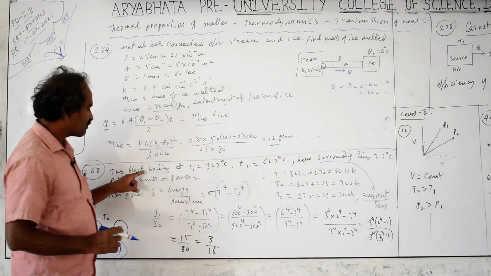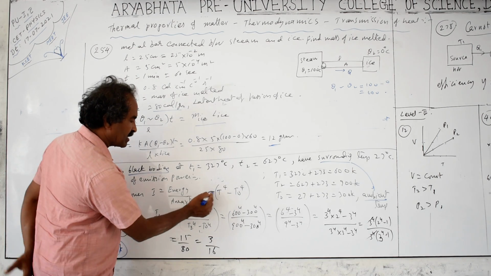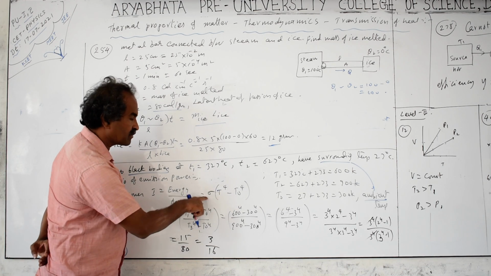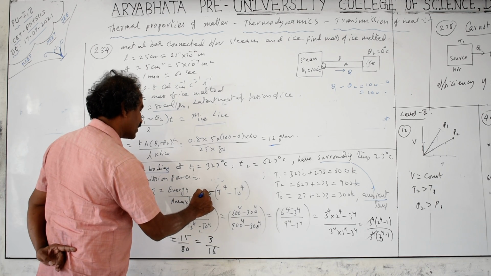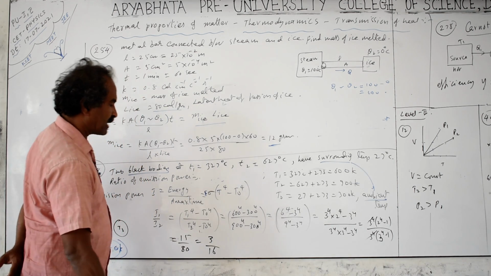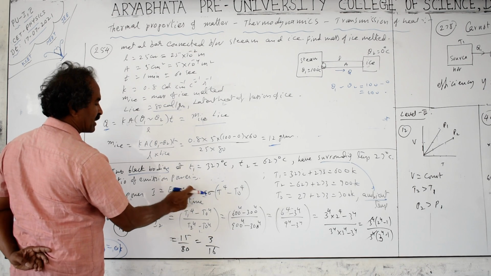One more thing, if it is not a black body, you will get one more term along with sigma. Sigma is called the Stefan's constant. The units of sigma and its value are also important. Along with sigma you will get one more term called the emissivity. For a black body, emissivity is 1. If it is not a black body, you have to use it.